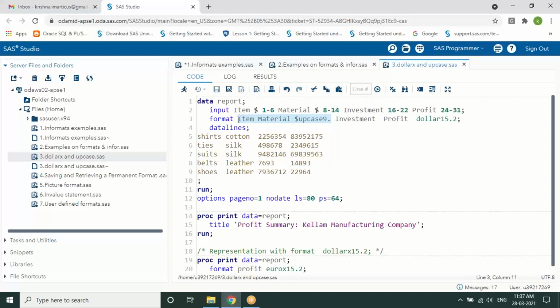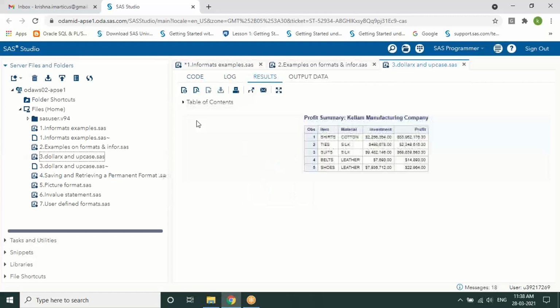Upcase is a function actually, but in SAS it is also given as a format. So you can change it to uppercase or the dollar representation. We got all that in uppercase, and it is converted into a dollar sign. All that you can change with these formats and informats.